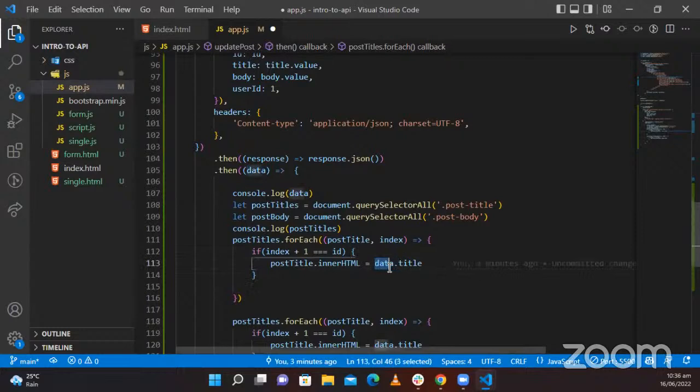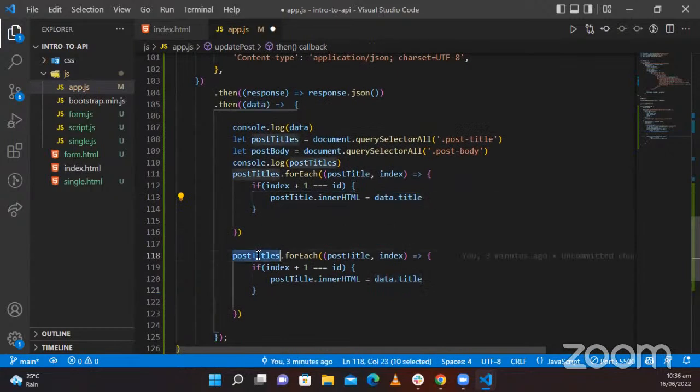The data is an object. Yeah. So the title now is what we are putting. Is now what we are changing. We are changing the post title dot inner HTML and putting this value. All right. So once we do this same thing for the body,